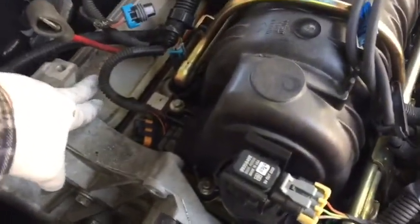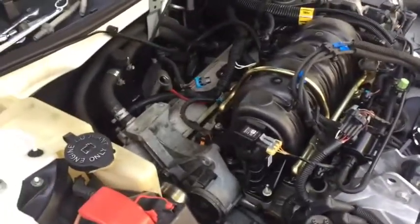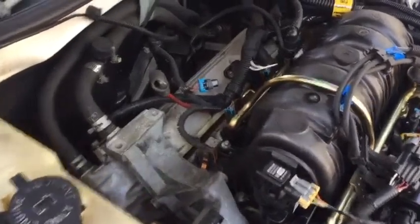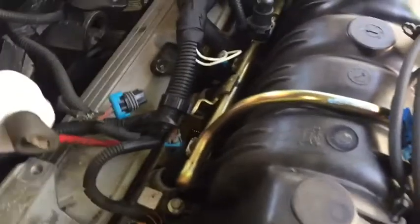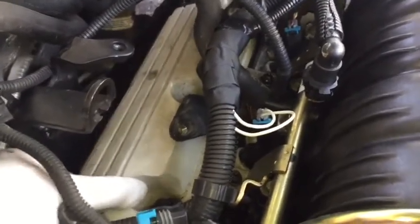They're just showing you how to clean and install the valve cover gasket, which in itself is easy, but getting to it and having the accessibility you need is a pain. So once you have this removed, come over here. I believe there are 6 bolts on the valve cover. They are all 10 millimeter. You can loosen them all the way out. They shouldn't pull out because they should be stuck in there with grommets. So loosen those all the way out, and then you'll just have a free valve cover sitting there until this